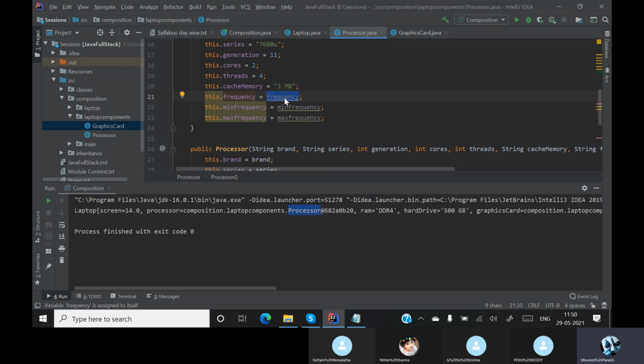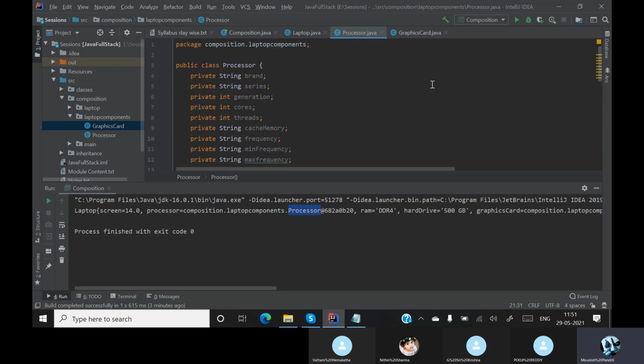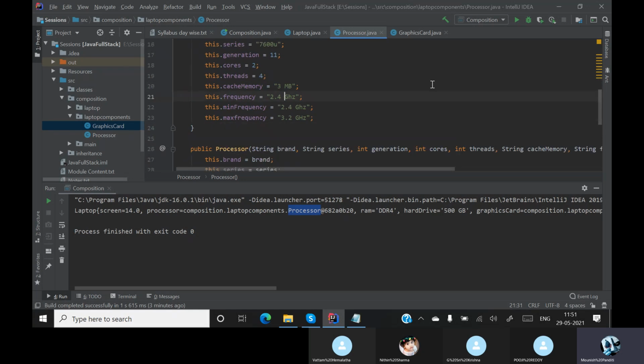The base frequency or my current frequency is 2.4 gigahertz. The minimum frequency is 2.4, sorry, 2.4 gigahertz, and the maximum frequency of my laptop is 3.2 gigahertz. Okay, your system's configurations may vary, so not a problem. So these are my processor details. Okay, so now when I run this,